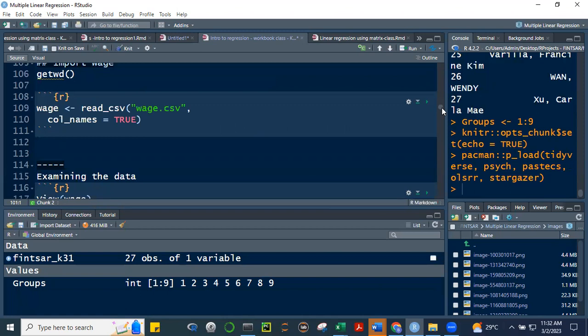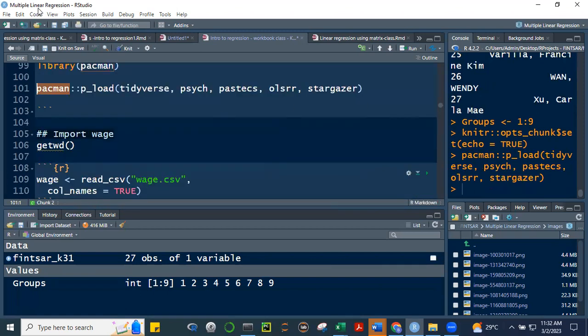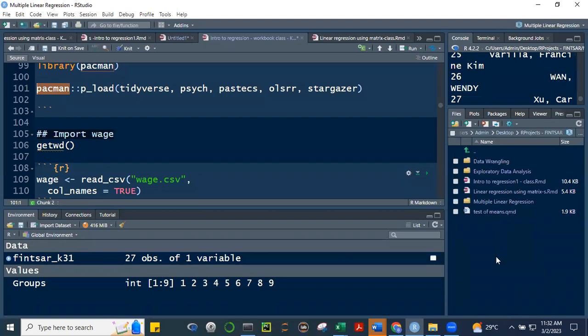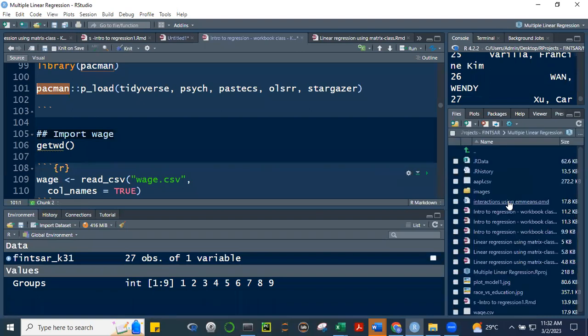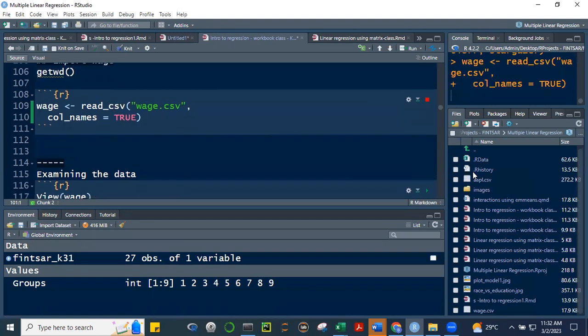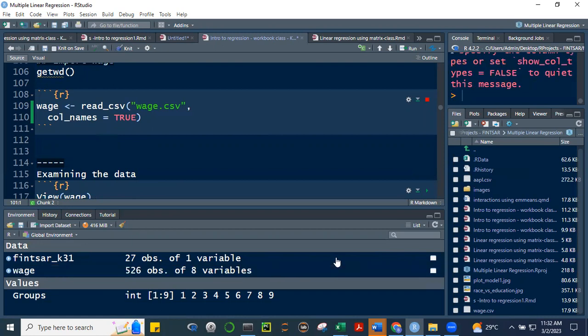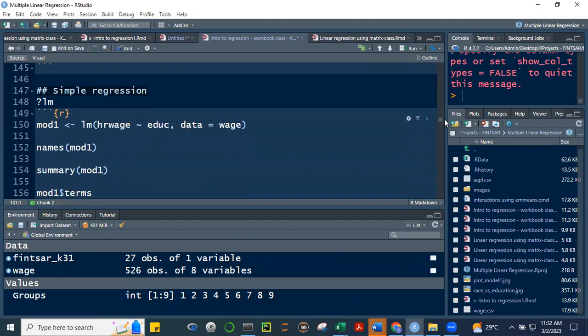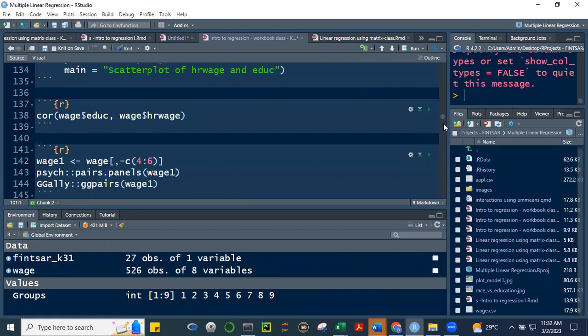Okay, and then nasa multiple linear regression project. Let me check if I have here a multiple linear regression. Dito ba yung file ko? This is the advantage class, yan, wage CSV. So I can easily load it here. Okay, so dito na si wage, no? Yan, so my data wage is now here. Okay, so let's now continue our discussion.